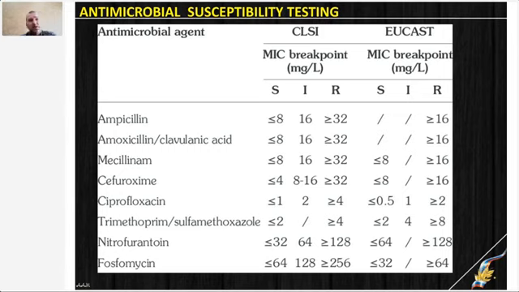You can see that for example ampicillin, and the concentration is equal to 16 milligrams per liter. Then according to CLSI, that bacteria is intermediate. According to EUCAST guidelines, that bacteria is resistant. You should just compare your result with the result provided in the chart. And you will see whether you can use that antibiotic or not.